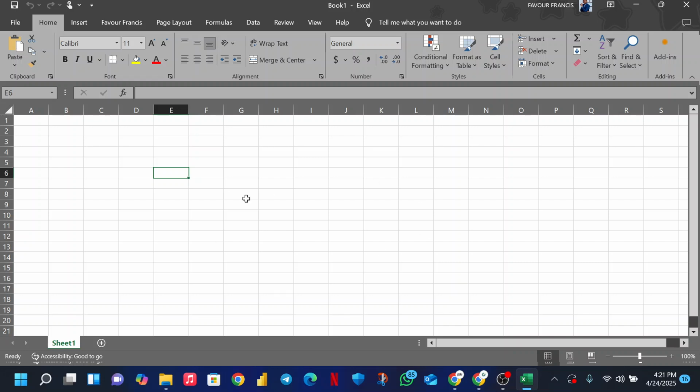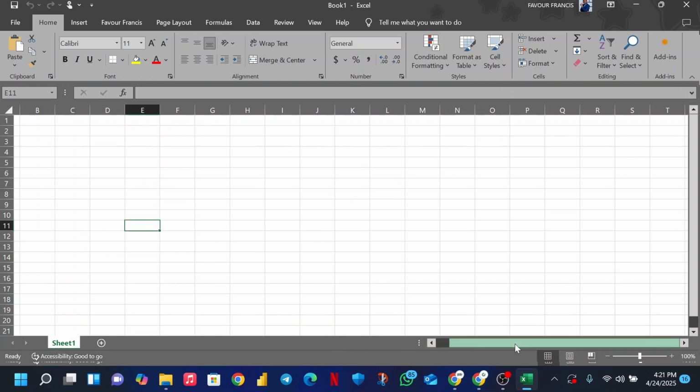Now, this big space we have here, these are what we call the cells. These are where your data comes in. You put your data in each individual cell right here. Then at the bottom here is where we have your